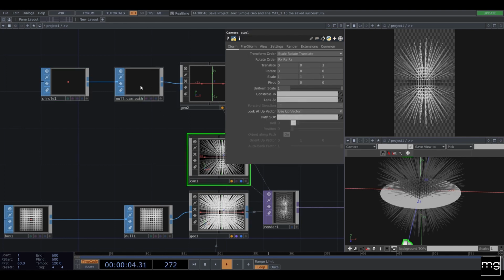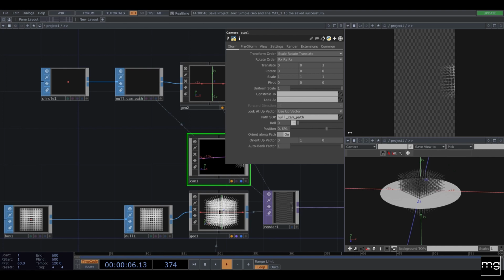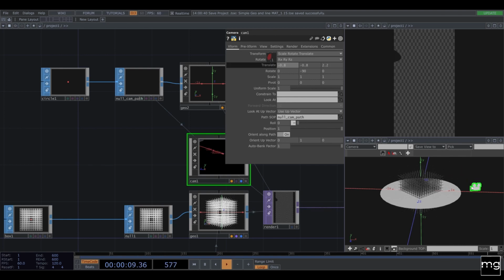So in the path solve, I'm going to grab this operator and put it here. So the position, you can see the camera is moving, but I don't need the camera moving there, so I need to change here the camera to -1, so we know that it's going to go that way. But we're going to also translate it to here, so we know what we are getting.